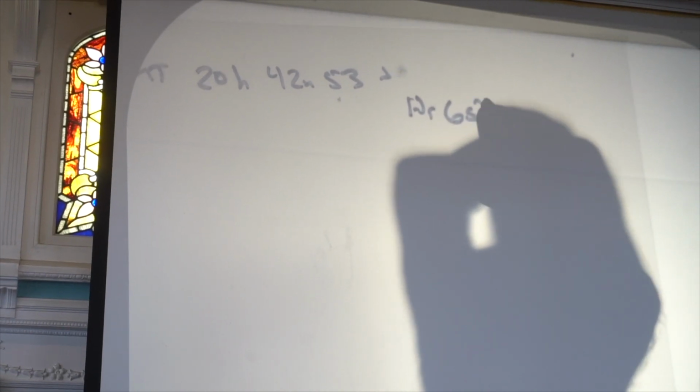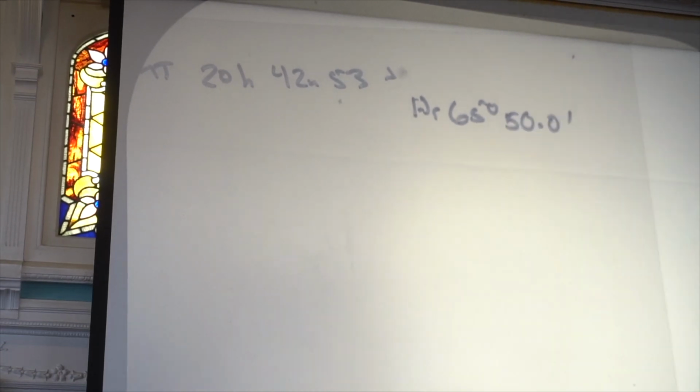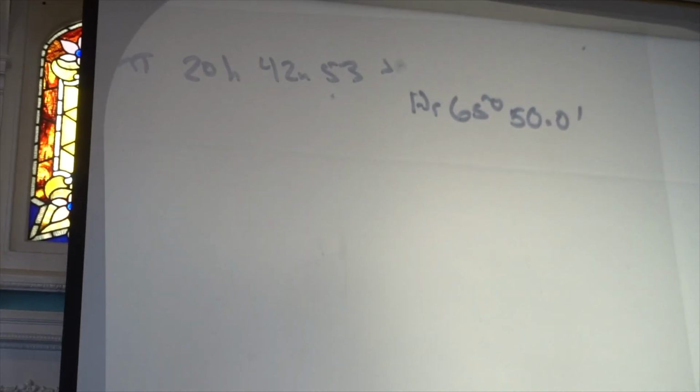Okay, so GMT, or UT, whichever way I call it, we have 20 hours, 42 minutes, and 53 seconds. We have an HS of 65 degrees, 50.0 minutes. Okay, so going first with that, if we have 35 feet of height of eye, what is our